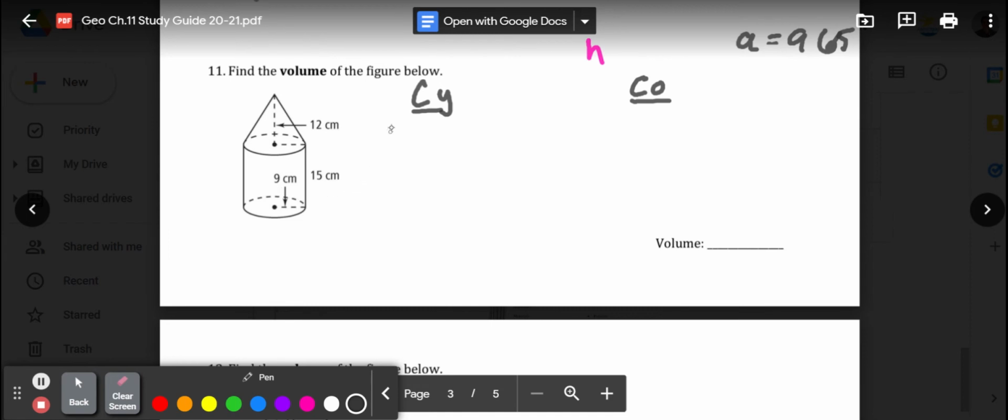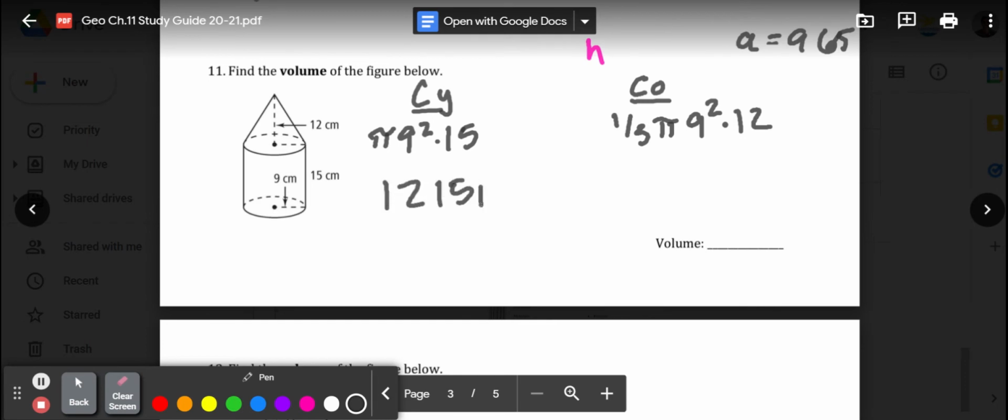So they have the same base. So we're going to get, for the cylinder, pi times 9 squared times 15. This one's going to be 1/3 pi times 9 squared times 12. I'm just going to leave it in terms of pi, 9 squared times 15. So that's 1215 pi